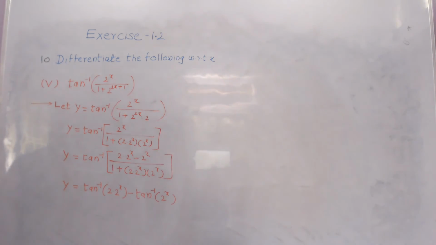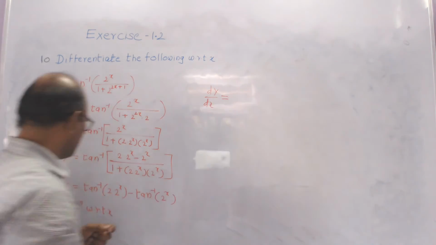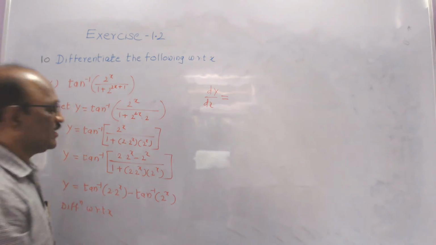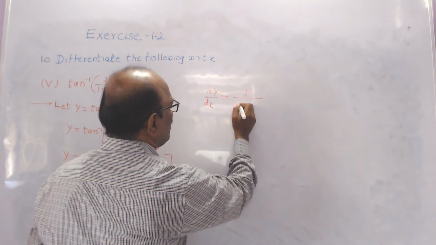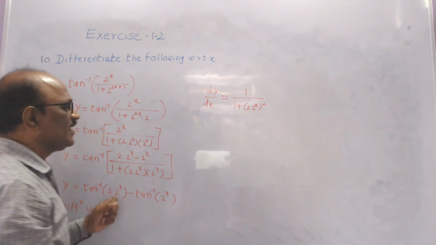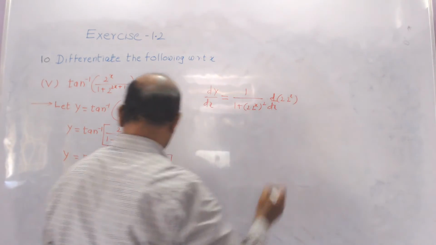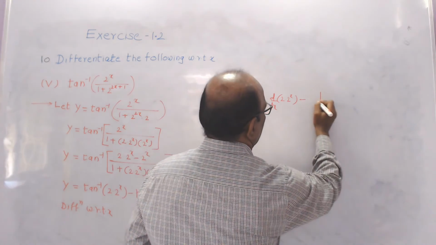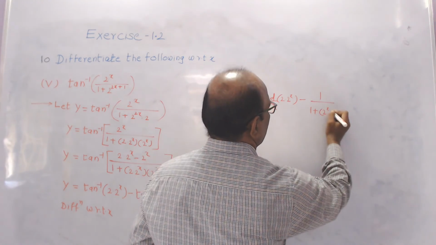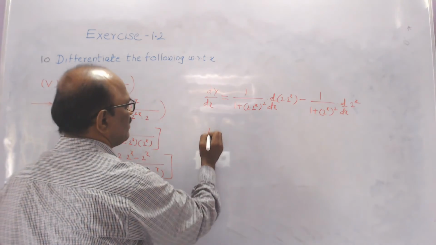Now differentiate this with respect to x, and therefore dy by dx is equal to the derivative of tan inverse of 2 into 2 raised to x, that is 1 upon 1 plus 2 into 2 raised to x bracket square into d/dx of 2 into 2 raised to x, minus 1 upon 1 plus 2 raised to x bracket square into d/dx of 2 raised to x,